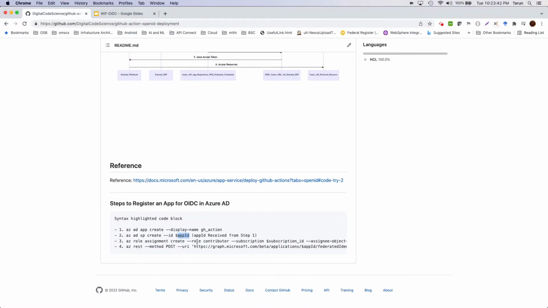And then you do a role assignment, and you can assign whatever role you want. Here you have to provide the subscription ID and the object ID you received from step 2. One important thing: I'm giving a contributor role here, but you can give whatever granular role you want, and it's recommended to provide as granular a role as possible, following the least privilege